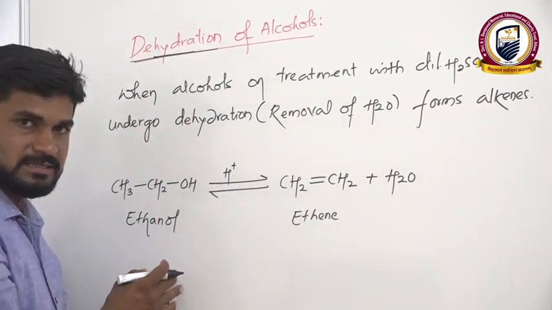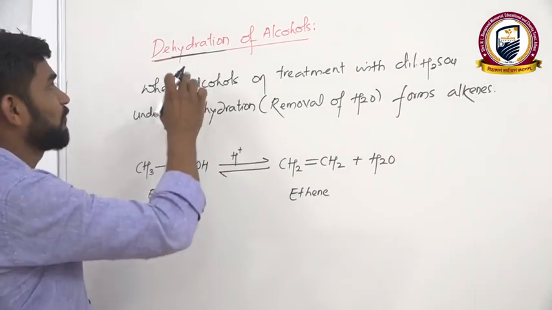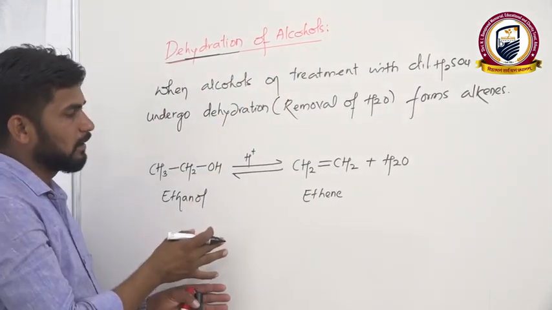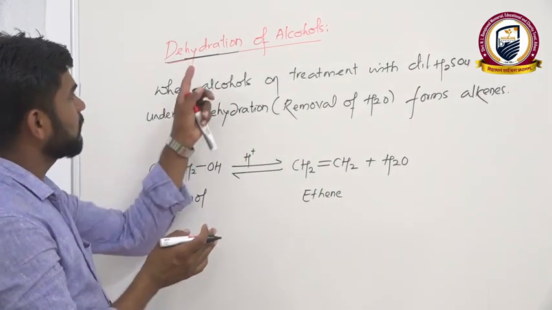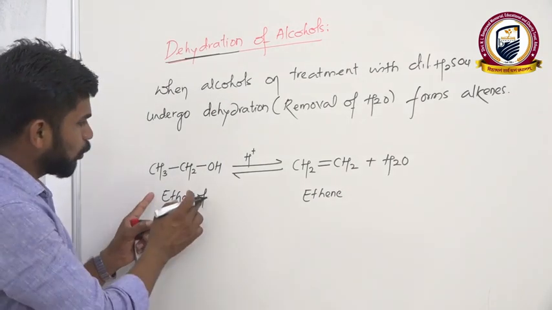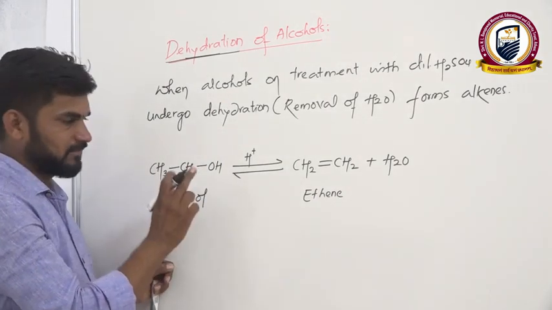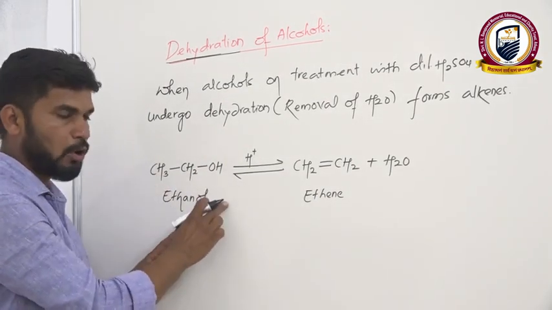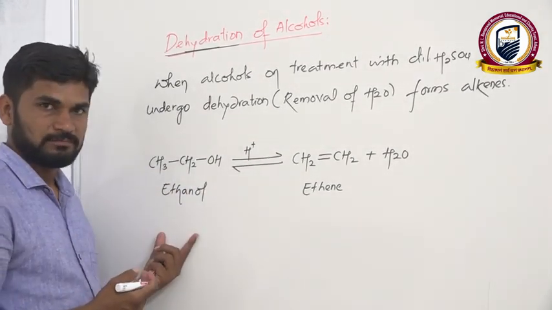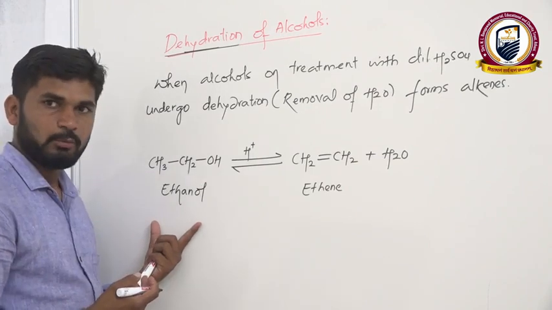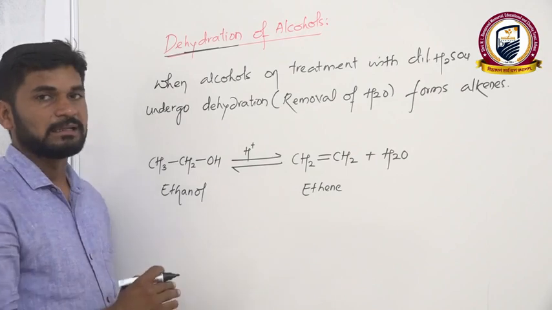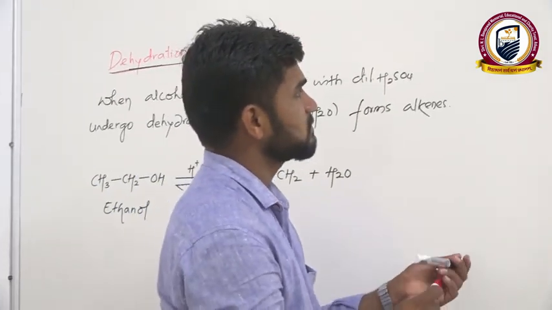The same mechanism takes place as we discussed in the case of hydration of alcohols. Here the steps will be opposite to the corresponding hydration of alcohols. The first step is protonation of alcohol, the second step is formation of carbocation, and the final step is the formation of the corresponding alkene. So the mechanism is